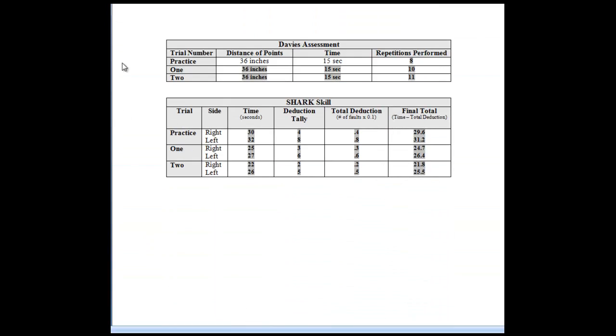The Davies Assessment. Have some fun with that one. If you have an upper extremity injury, that might preclude your participation in this one. Shark scale test. Again, if you have a lower extremity injury, that might preclude your participation in this one. You can do this with left leg versus right leg, but in real life you can also compare scores from just two legs as well.